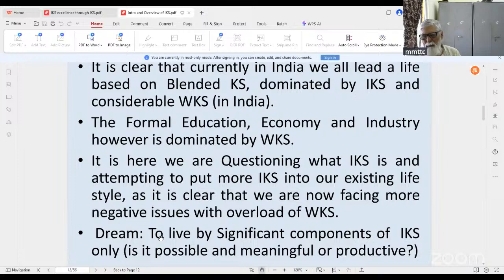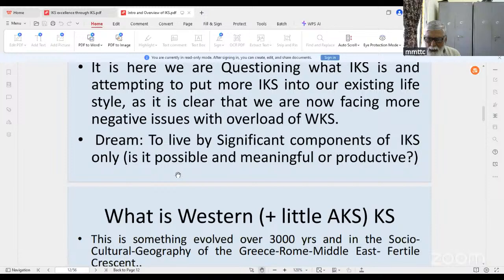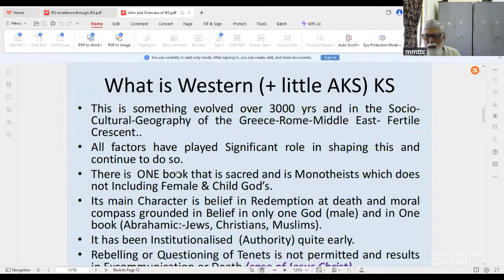So this is our problem. In fact, we are going to face a problem in another 5 to 10 years, as bad as COVID, where a large number of people who fall sick cannot be cured by antibiotics. It is already happening. AMR resistance has set in very big, and it is a serious problem. Similarly, pollution. See, in indigenous knowledge, there is nothing like waste. Waste is predominantly a creation of the industrial society or the Western knowledge. So we will see what is Western knowledge and a little of IKS also.